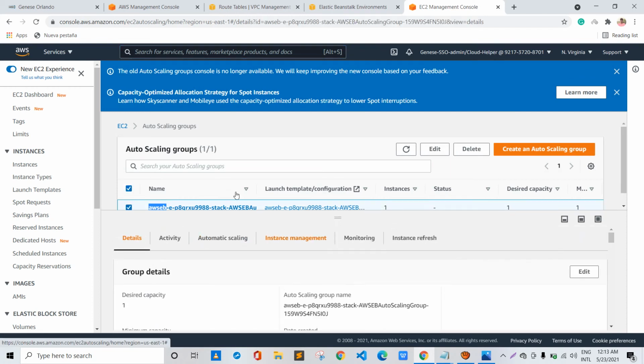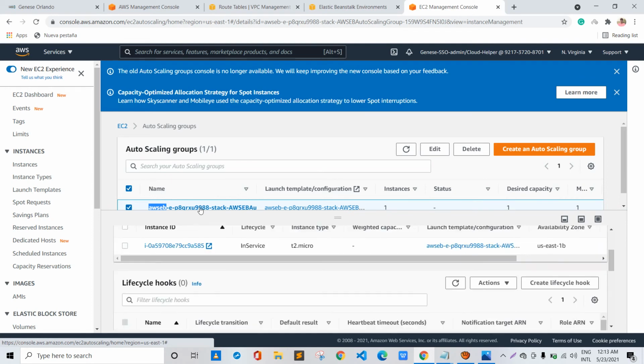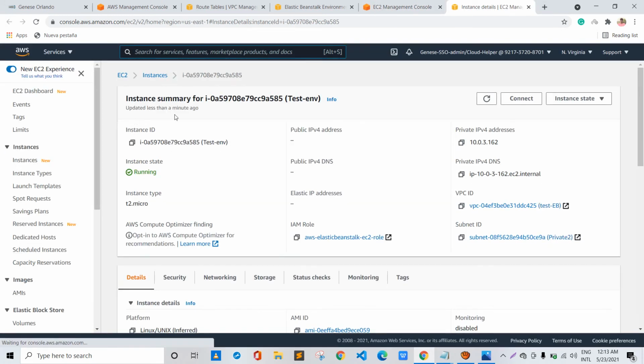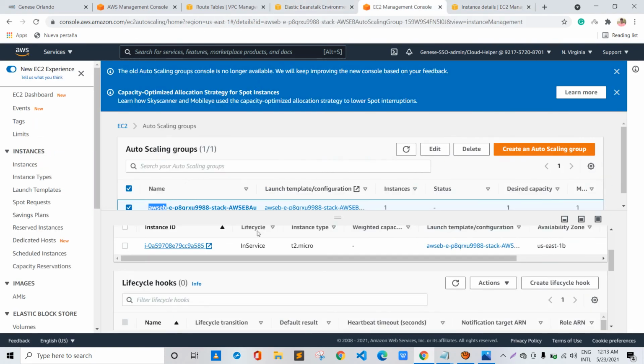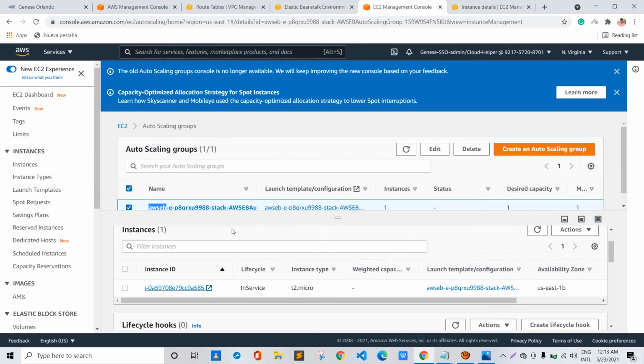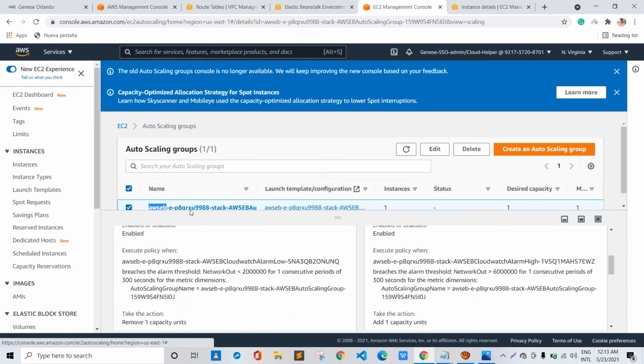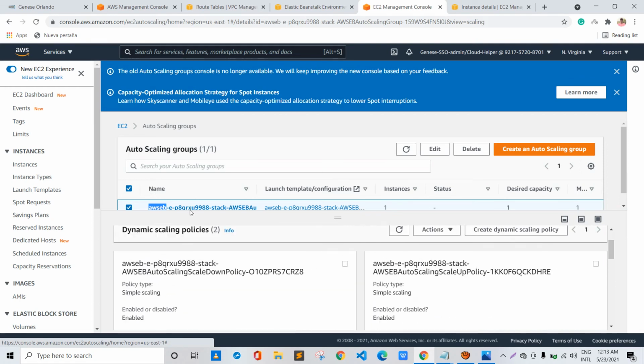And if we go to instance management, we can see that the instance ID, that is our test-env, has been added to the in-service lifecycle of the auto scaling group also. If you go to automatic scaling, the scaling is enabled.